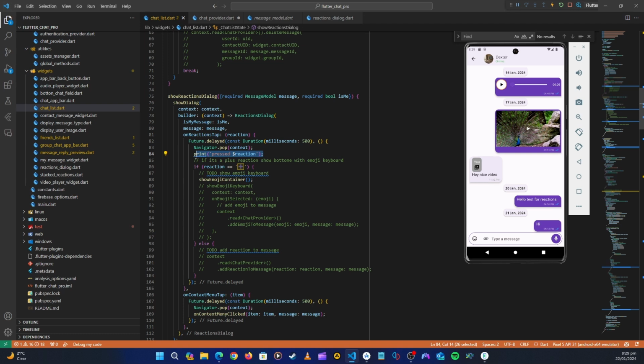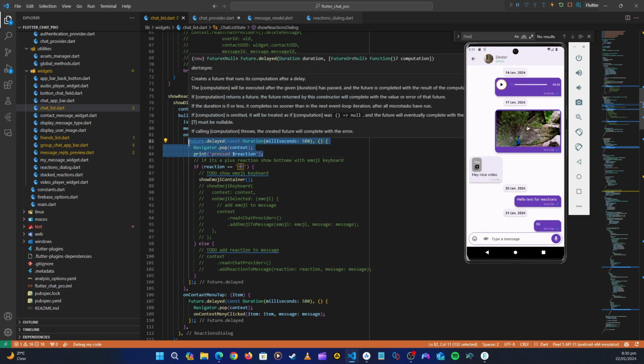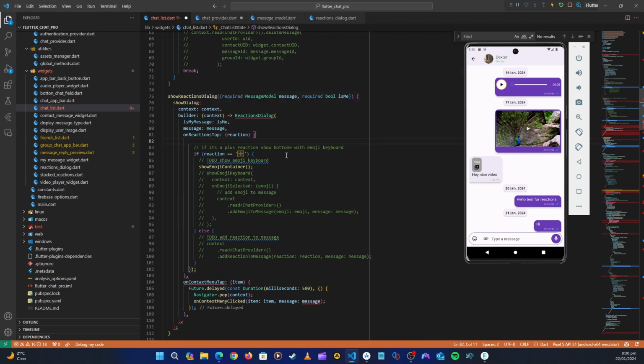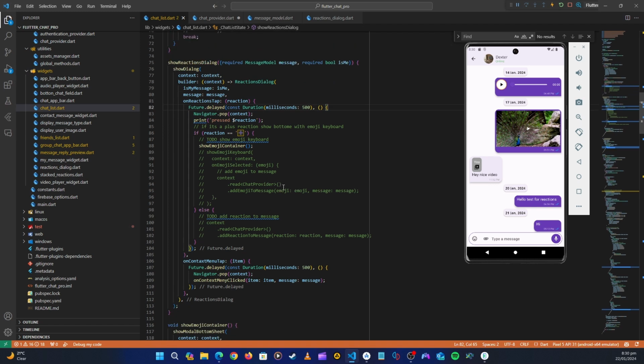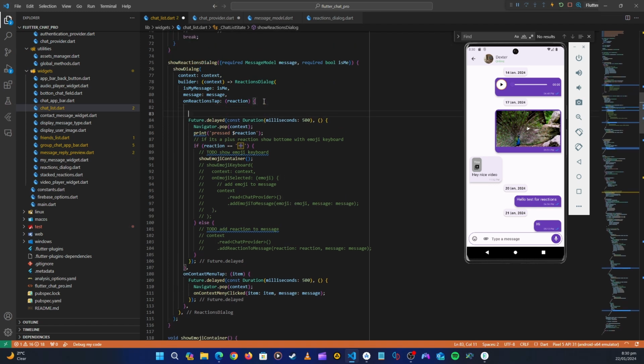All right, so we need to put that method above here. So first of all, let's cut this. Let me go back. I've removed what I'm not supposed to remove. Okay, so we need to put that method above